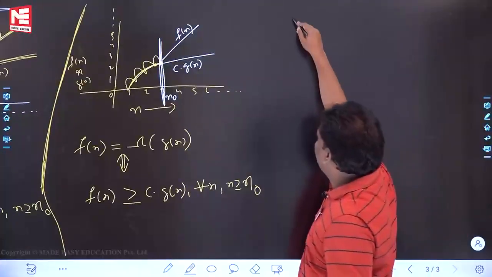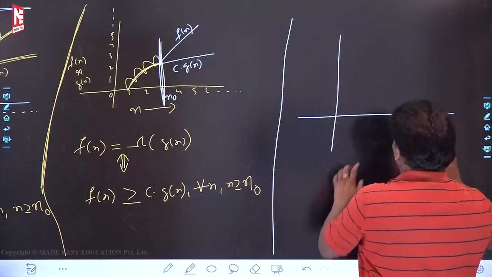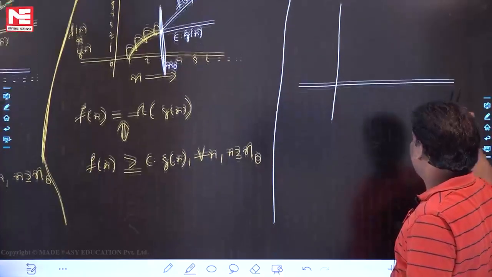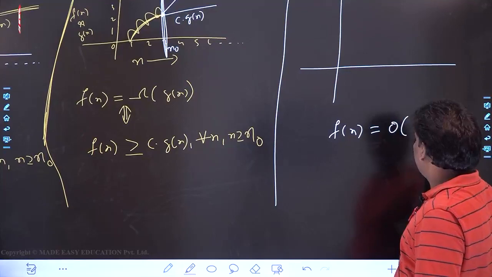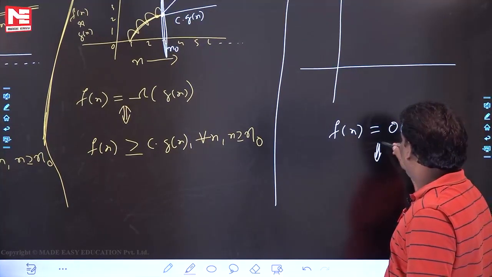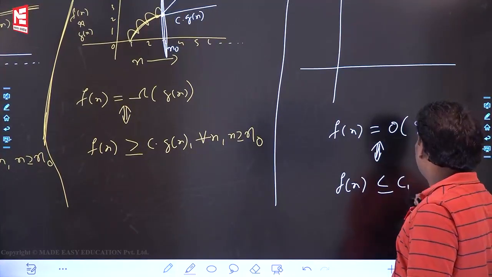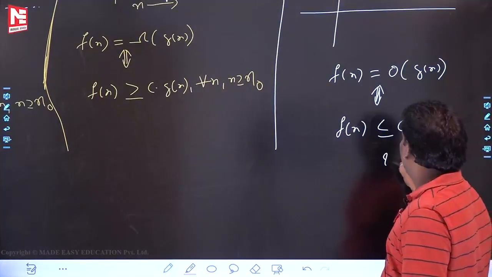Can you say what theta is? See the theta diagram. F of n is equal to theta of g of n if and only if, what is the answer? This is the first one: f of n is less than or equal to some c1 into g of n. What is the one more? And